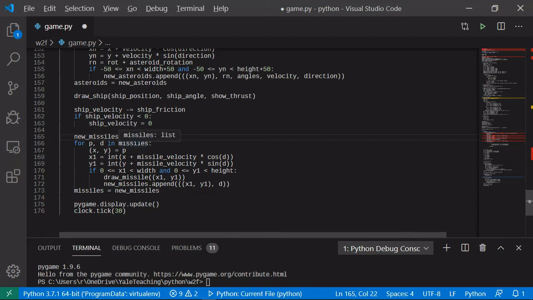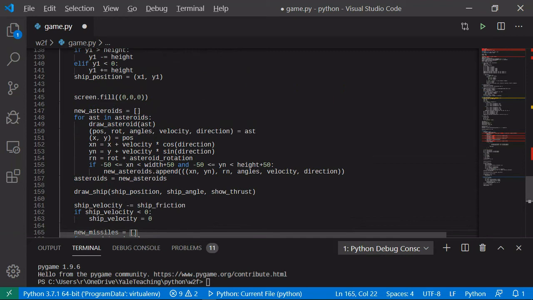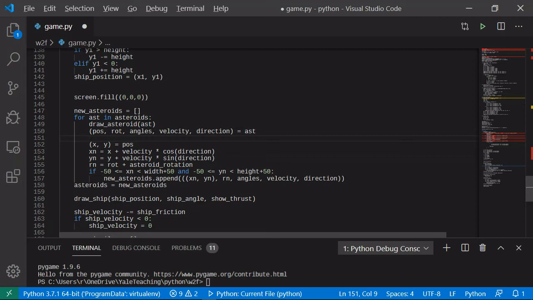So for every missile, we could check whether it collides with an asteroid, but actually it's easier to check whether every asteroid is colliding with a missile. So here we have the current asteroid, and if the current asteroid is colliding, then we don't add it to the new position. So let's see. We're going to have that